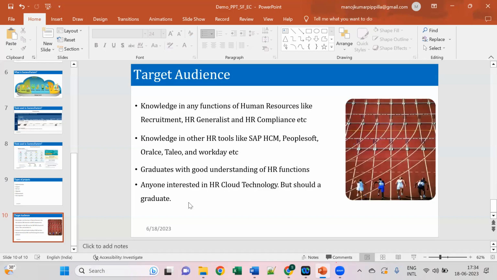So that is about this last topic, who is eligible to learn SuccessFactors. If you ask me, there is no limitation. The only limitation is that you should be a graduate. If you are a graduate, that's fine. No interviewer or recruiter will stop you if you have less knowledge in HR. They will just look for the technical expertise they are looking for, whether that is there with you or not. They will not check whether you are a graduate or a degree candidate. If you have good knowledge, that is sufficient.